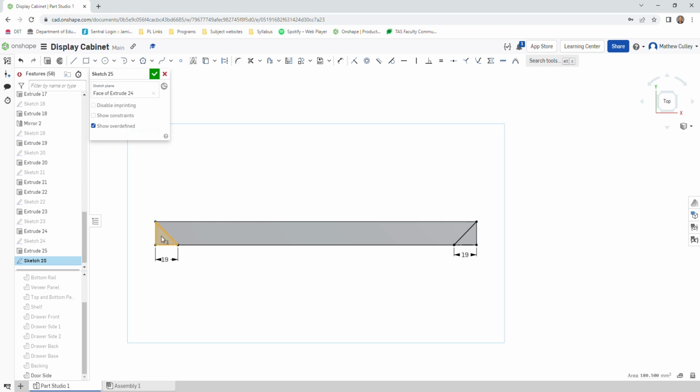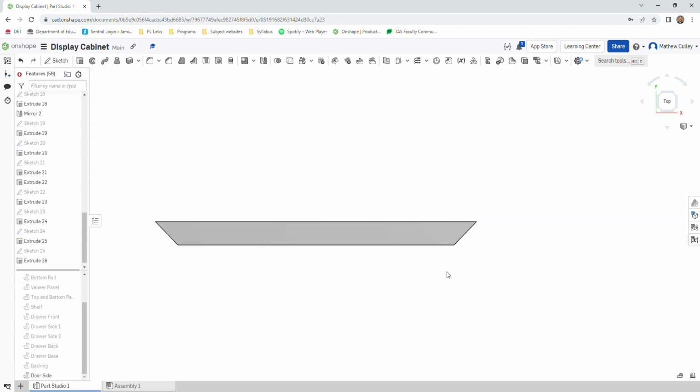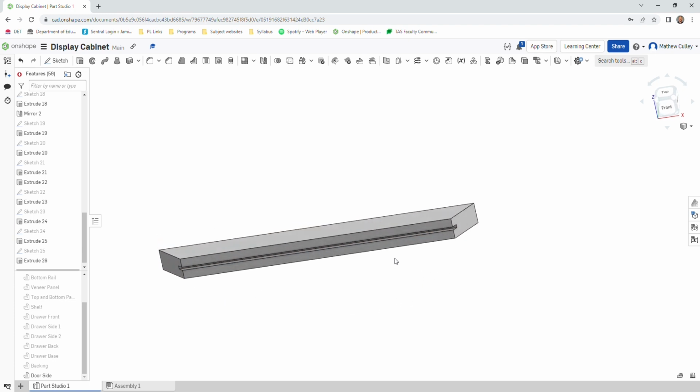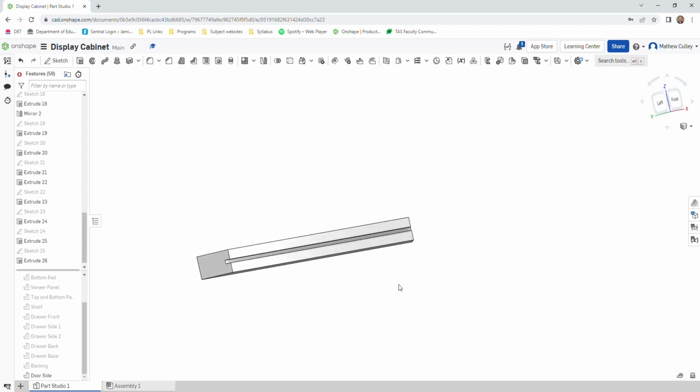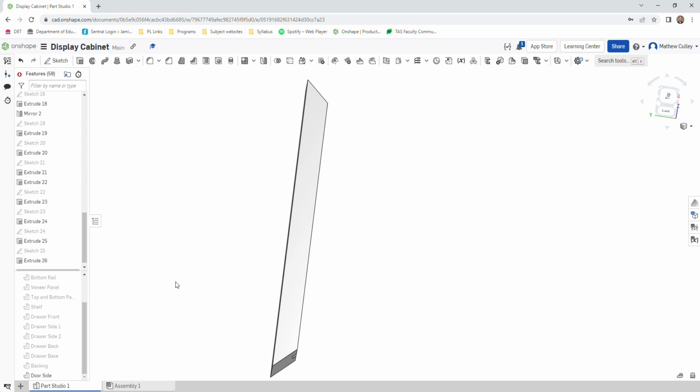Left click on that triangular face there, and left click on that triangular face there. We're going to extrude. We're going to remove that material and type in 19 for our depth. You should have a nice mitered edge here, or ends to your door sides, okay, with your 3 millimeter housing still there. Okay, we're going to repeat that same process one more time,